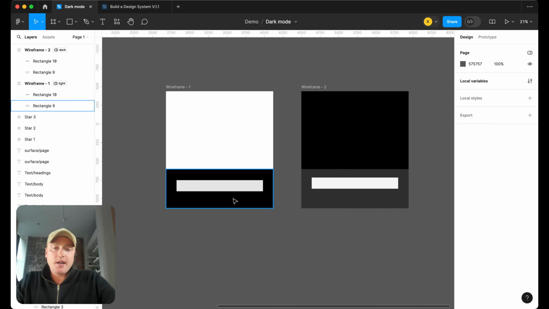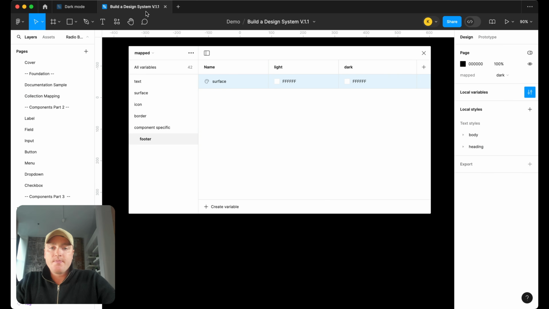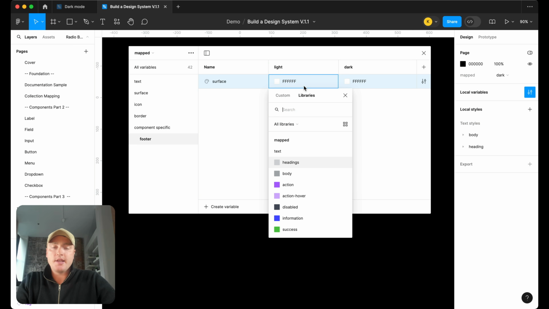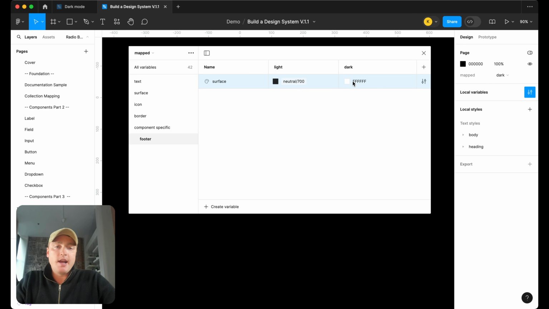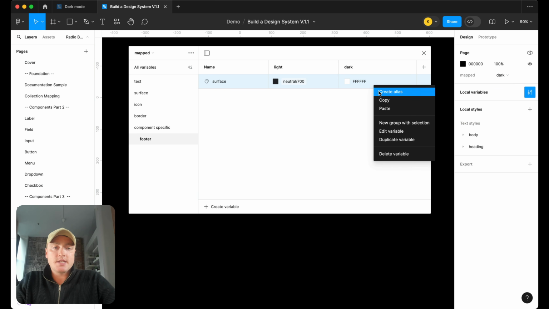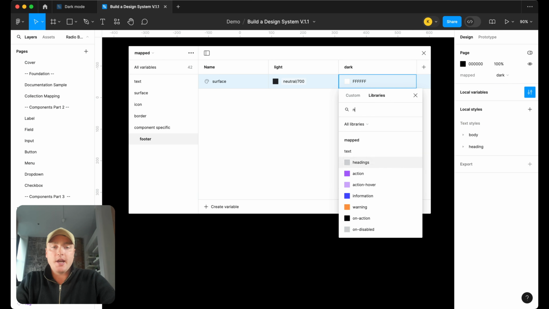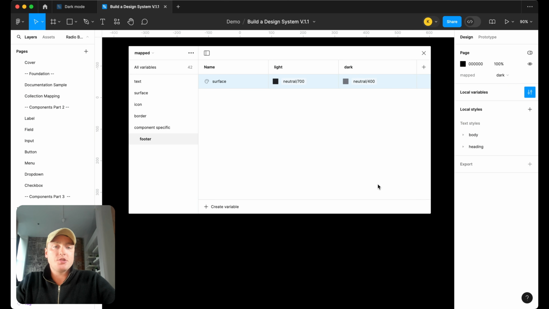So let's go ahead and look here. In terms of our past example, on light mode, they wanted the dark. So surface, create the alias. Let's maybe go neutral 700. And then on dark mode, in the case of our neutral, that would have been a much lighter, like a neutral 200. But again, it didn't really work with their brand. So they wanted it a little bit darker. In this case, it would be that 400. Okay. And that's how we would set it up and deal with these